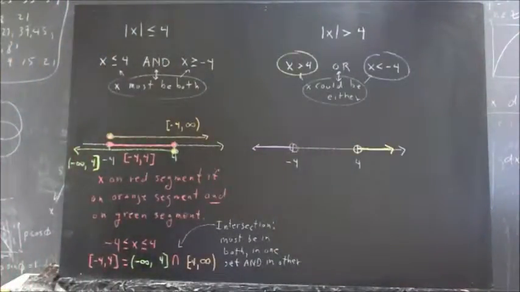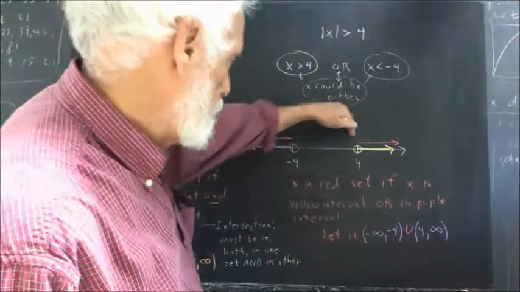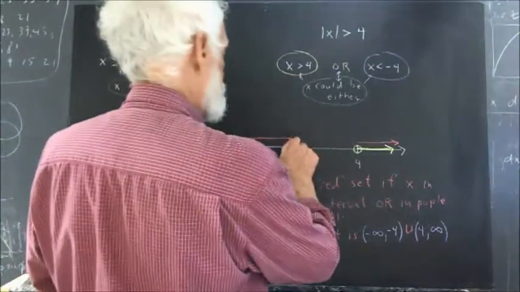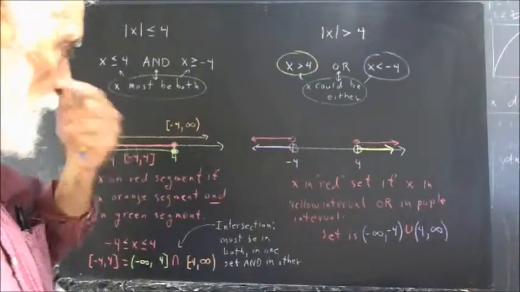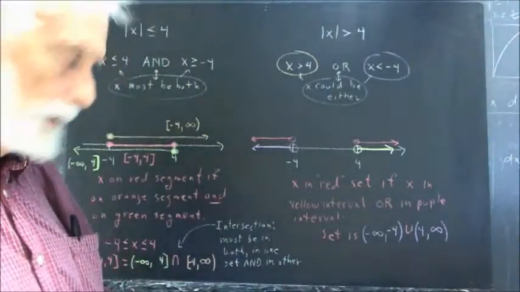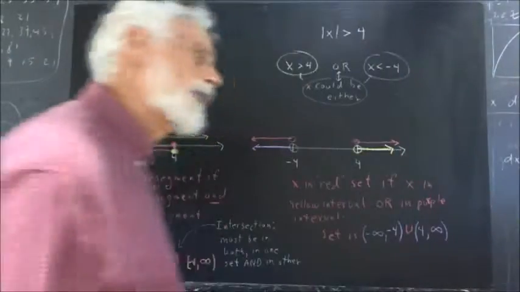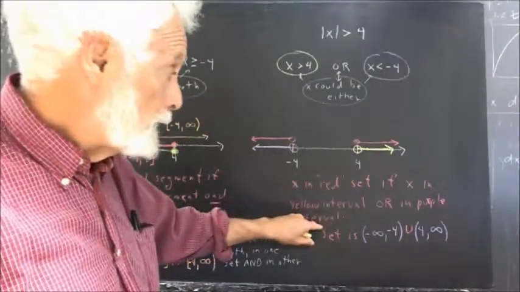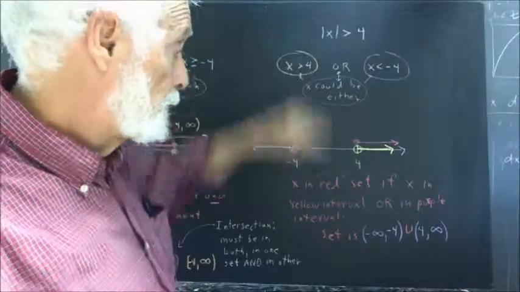Now I'm going to write out the intersection and another statement. So my statement is X is in the red set, and I've shaded the entire set in red, this interval and this interval, and I guess I should probably indicate the open points at -4 and 4. X is in the red set if X is in the yellow interval or in the purple interval, and looks like I left the R out of purple. Kind of in there crooked, but it's in there. Okay, so that means since X again is in the red set, the set that we're looking for, the set of solutions,